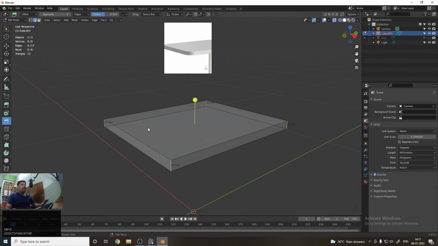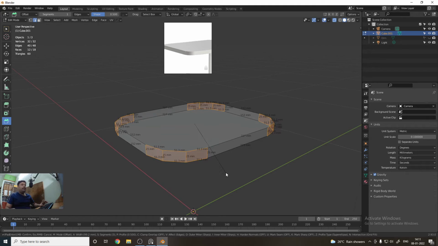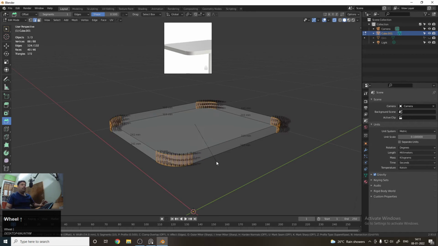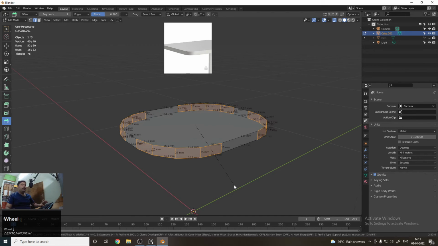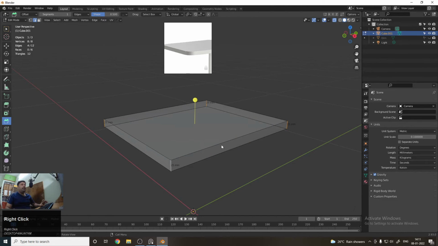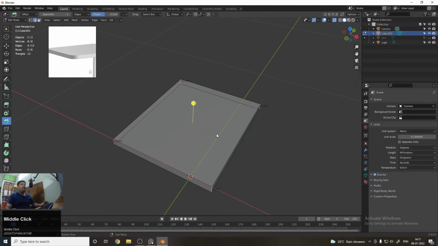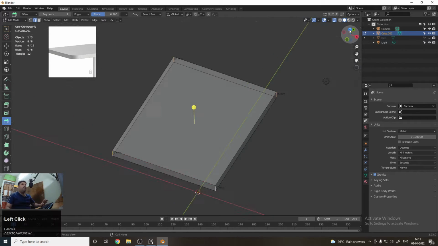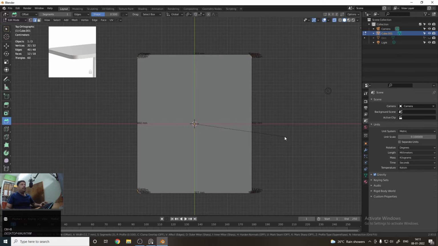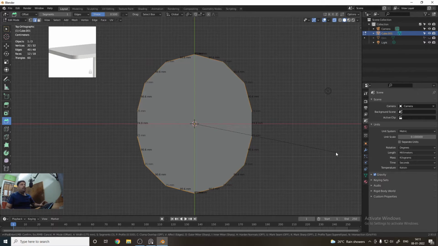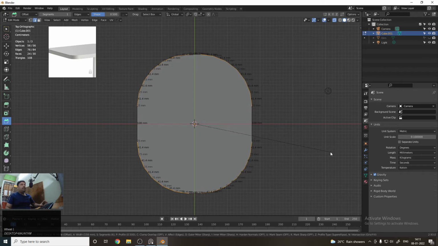To create the bevel with the shortcut, you have to press Ctrl B on the keyboard and just move the mouse. And if you want to increase the segments, just use the scroll wheel to change the segments depending upon your model. So in this manner you can create the bevel. And if you want to precisely look at how our model will look, we need to go to the top view, and now here we need to create the bevel in this manner.